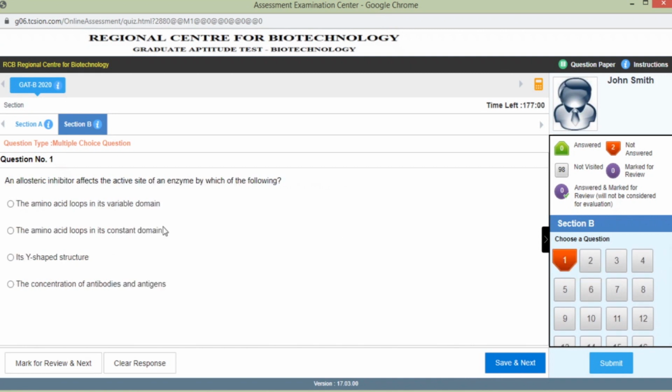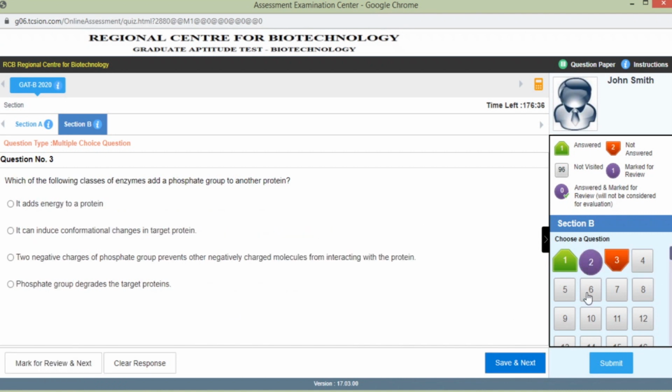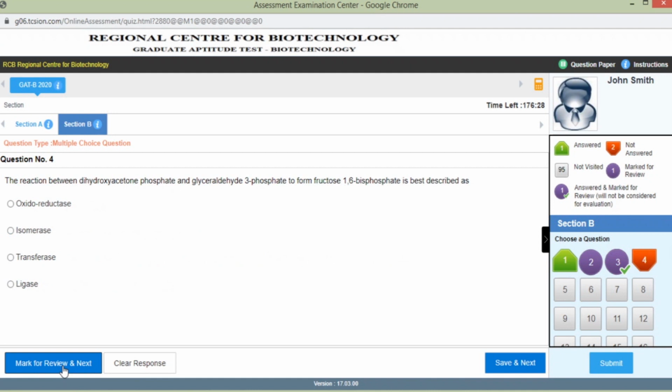Now I'll quickly tell you how to answer a question here. This is for selecting a question. Number 1 I selected, and I feel the answer number 3 is correct. So I'll click on this, and after that I go for save and next. You can see it becomes green. It means I have answered this question. Coming to question 2, I don't know this answer, but I want to come back again. So I'll click on mark for review and next, and you can see this becomes purple. For the 3rd question, I think the answer is true, but I am not sure and want to come back. So I'll answer the question but mark it for review, and that is how it happens.